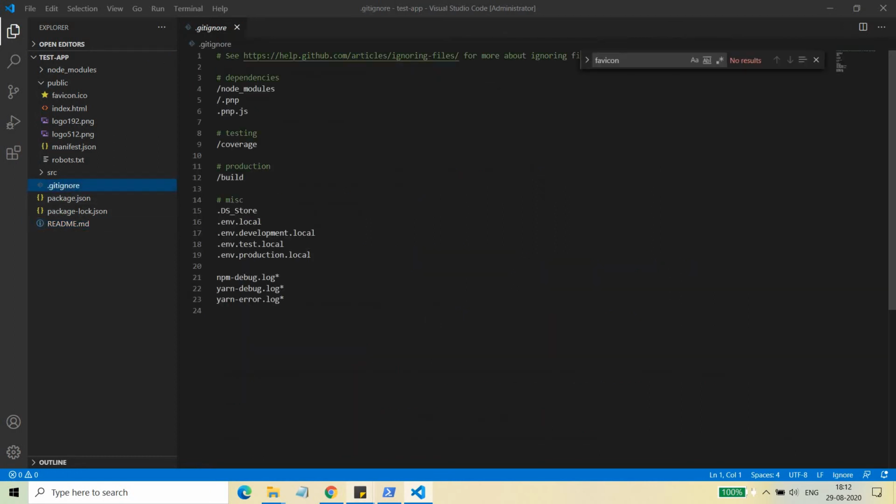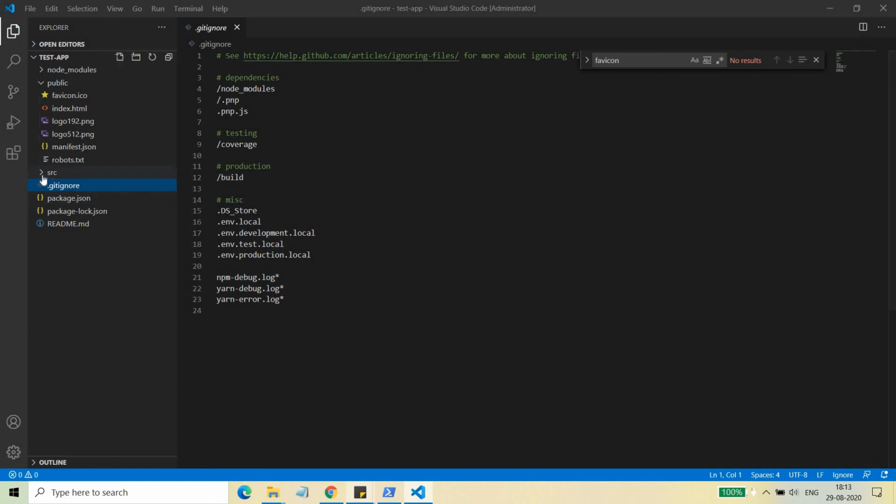And what is this gitignore? This gitignore is the file which contains all those file names and folder names which need to be ignored when your application code is getting pushed into Bitbucket or any repository where you are putting your code, right? So this gitignore is used for that, right? You might have used the git commands. I'm not going to tell you what is git. I'm just telling you that Bitbucket is a repository where we push our changes. So if you want to ignore some folders or files in that repository, you can simply mention those files and folders here in the gitignore.